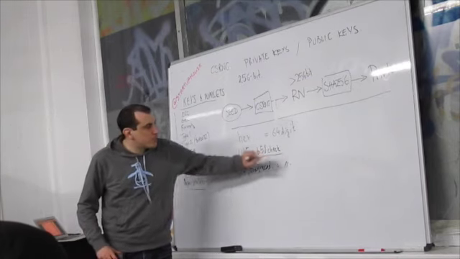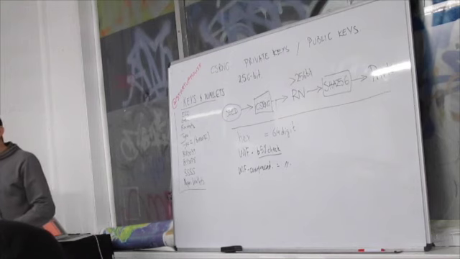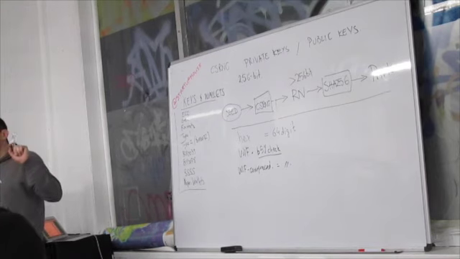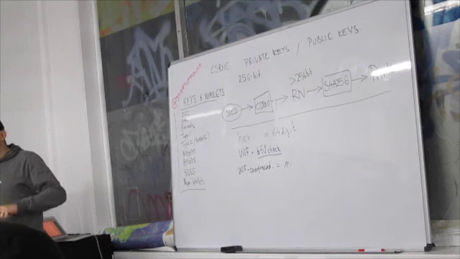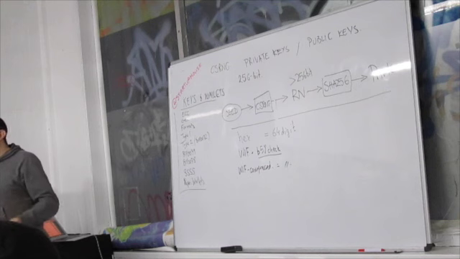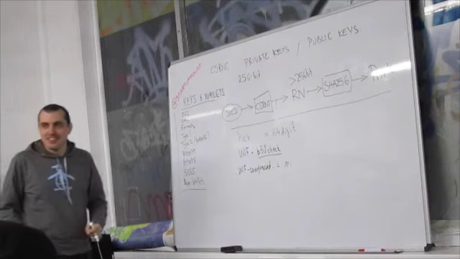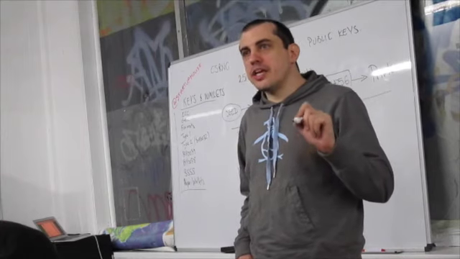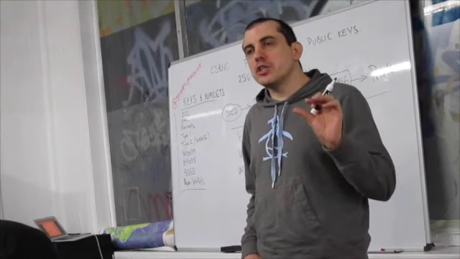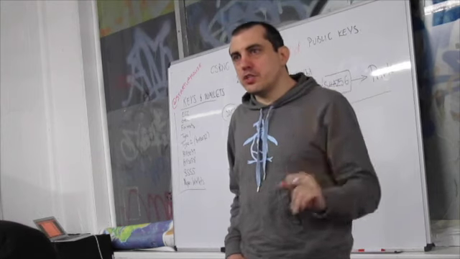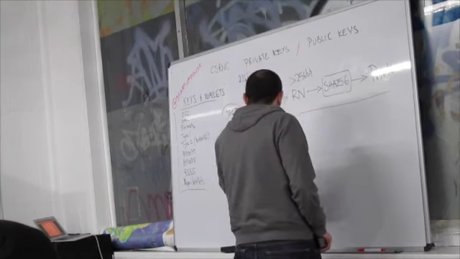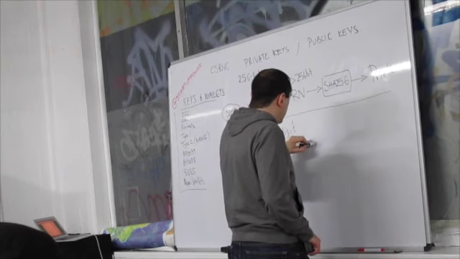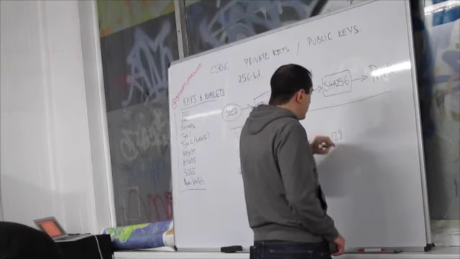Because it's using a format called base 58 check. Base 58 check is the same format that makes every Bitcoin address start with a 1, that makes every Litecoin address start with an L, that makes every testnet address start with an M, and most importantly, that makes every Dogecoin address start with a D. All right? Same thing. What you're seeing in all of these addresses is the version number. And the version number is different for each of these encodings. So, in a WIF, the version is decimal 128, or